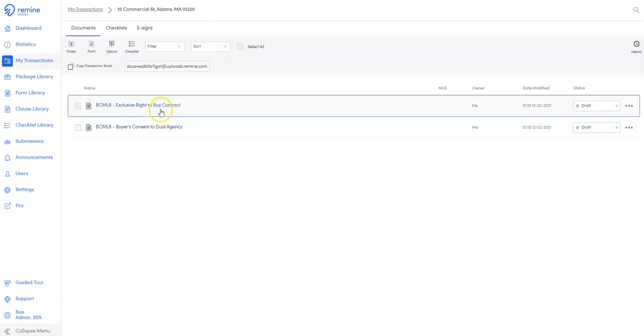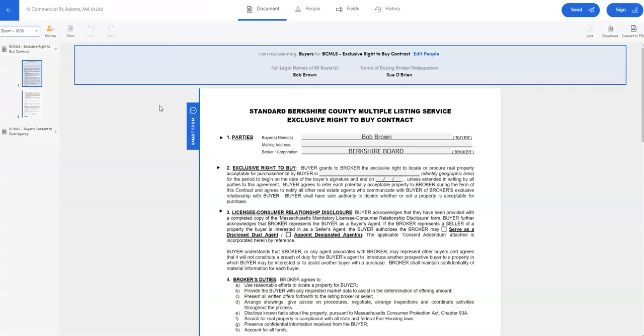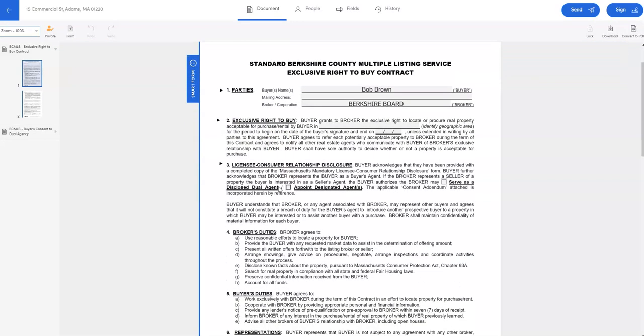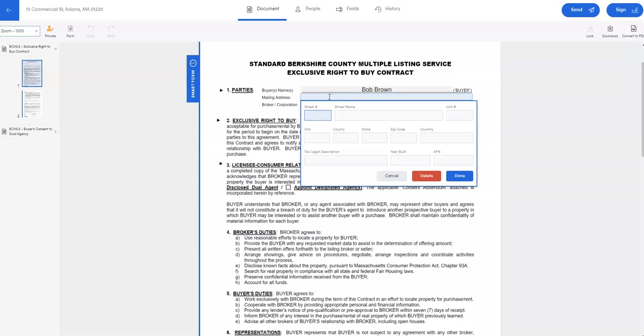Okay, so to fill out a form, I simply click on it. And when I do, I get a copy of what our form looks like. And I can just go in and I can start adding information. And if I tab through, I'm just brought to the next sections. County, I'm sorry. Middle. Country, there it is. Okay, and I can add in as much information here, and when I'm done with that,